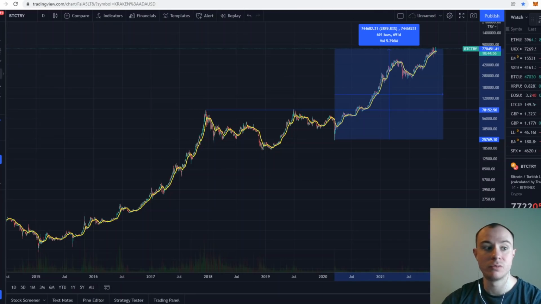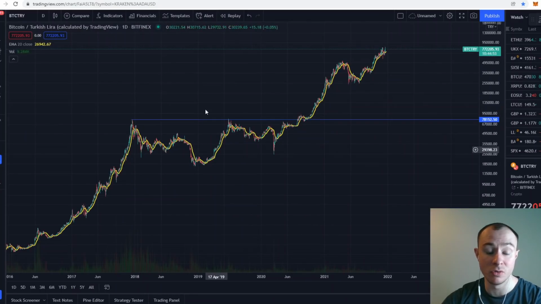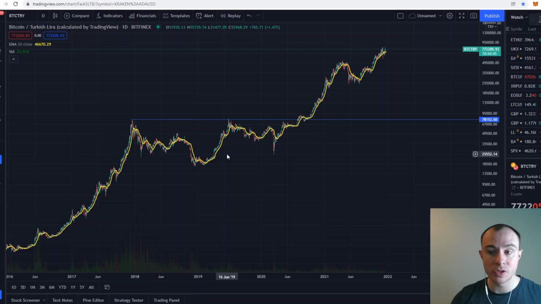Remember, Turkish Lira is a really sad case. I'm not a fan of inflation at all, even though I'm a crypto investor and it benefits me very well, which is why I'm not worried about more lockdowns, because ultimately they'll have to stimulate the economy, and the only real way that they can do that is with stimulus and QE and printing money and pumping it into the economy to try and keep it afloat and to support everybody. Very good for Bitcoin, bad for people that earn a wage, including myself. I still take money in my business, and ultimately that's why I'm all in crypto, because for me it's a perfect hedge against the proliferation that's going on.